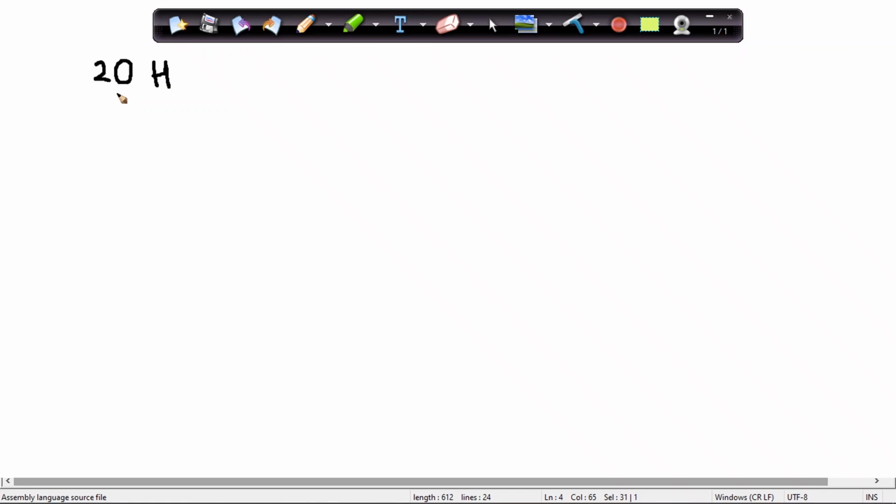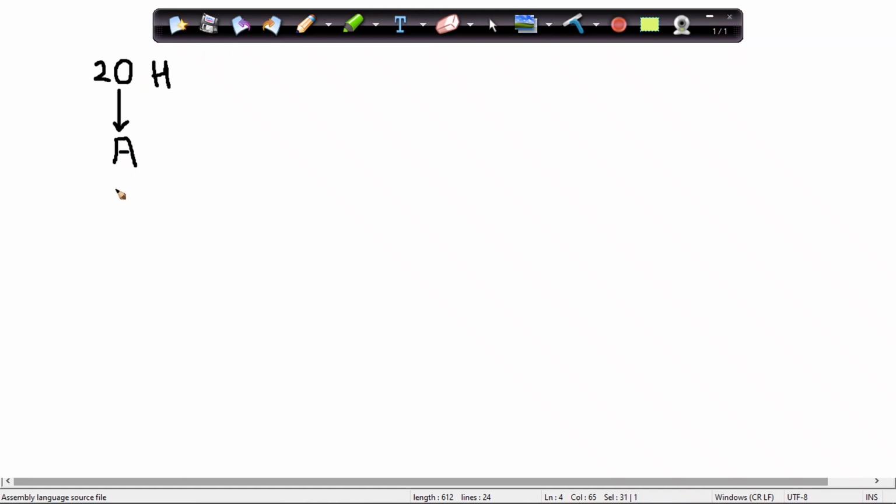In 8051, most of the operations we do are in terms of our accumulator, or register A. So first I'll take the data present in 20 hexa to the accumulator. The data which was in 20 hexa has now come to the accumulator. This number itself has to be multiplied with the same number.